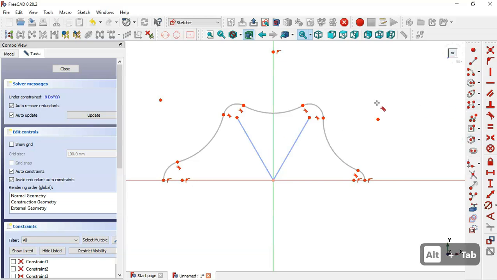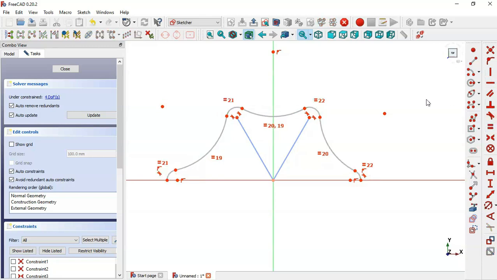So we select first these three arcs and we set equal constraints, and now we select these four arcs and we set equal constraints. Okay, and now we select this line tool and we draw a line here in these points. Okay, and now select this